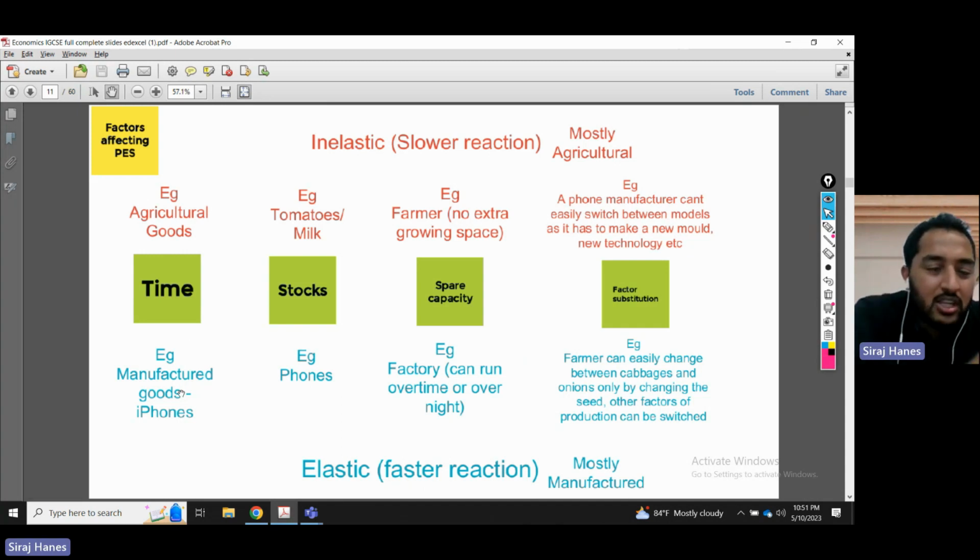Manufactured goods, you can keep the workers working overnight and you can start making more goods. For example, iPhones. Stock rather. Can you keep an inventory of stuff? Meaning, can you stock up iPhones? Yes, elastic, so you can respond very fast. Can you stock up tomatoes and milk? You can't. They're perishable goods, so it's inelastic. Then,